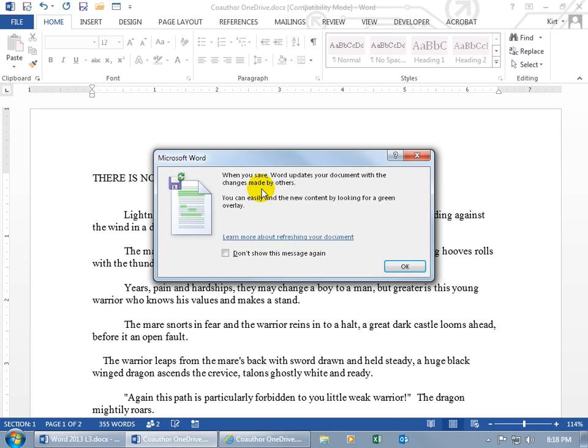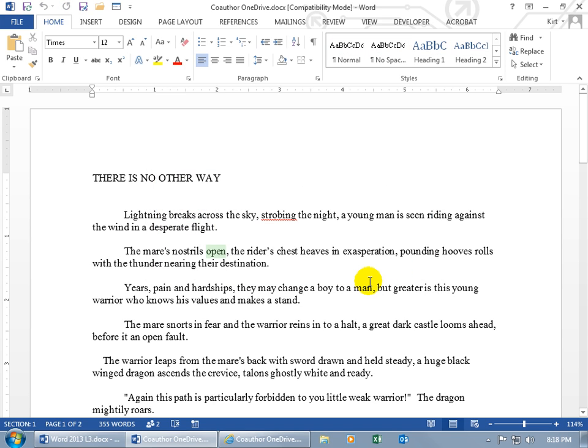So let's see, it says when you save, Word updates your document with the changes made by others. That's nice, we know that. Click Okie dokie because, well, I just went over it. And you can see the change that was made. The mare's nostrils open instead of flare, and then the rider's chest heaves in exasperation, so that's the change she